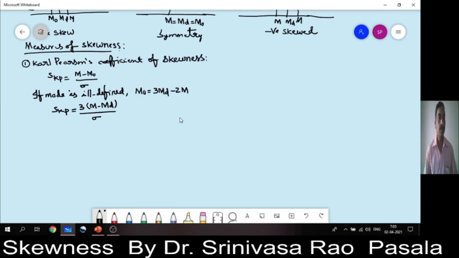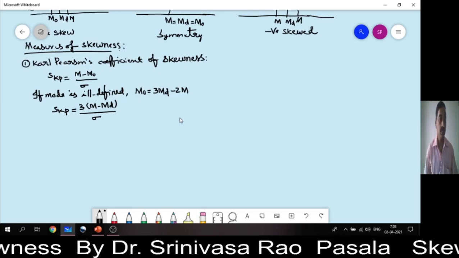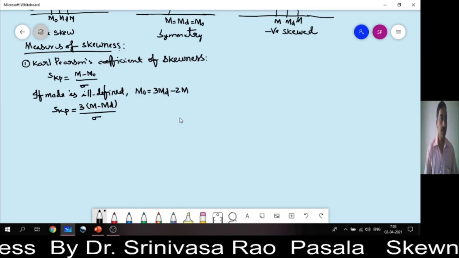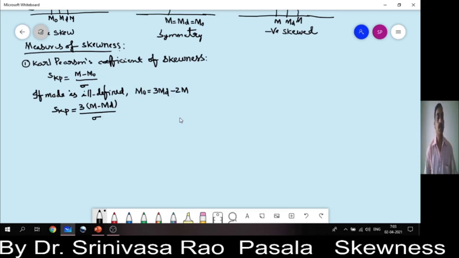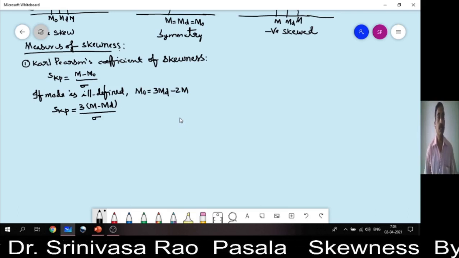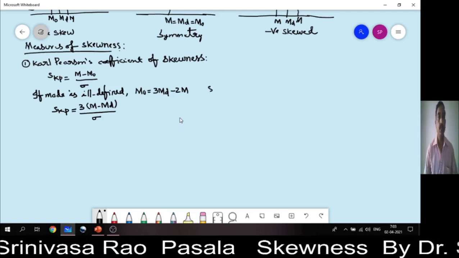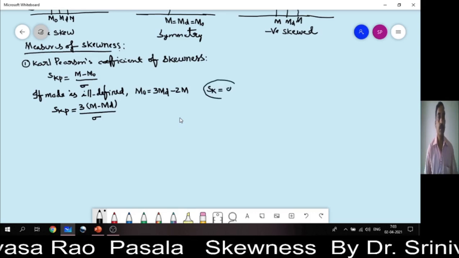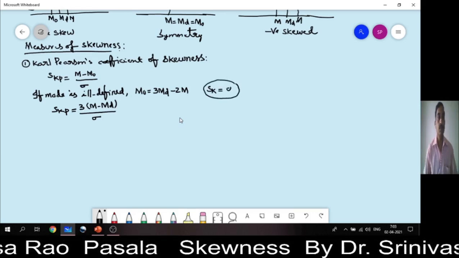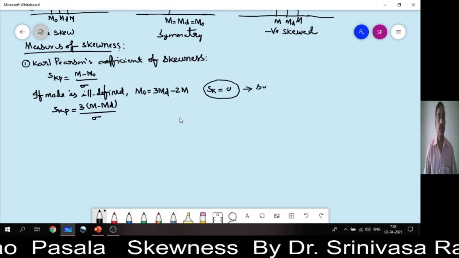And the above measure depends on mean, mode and standard deviation. Suppose for any distribution, you calculate mean, mode and standard deviation and substitute in this formula. If you get SK equals 0, that is Karl Pearson's coefficient value equals 0, then you say that the distribution is a symmetry